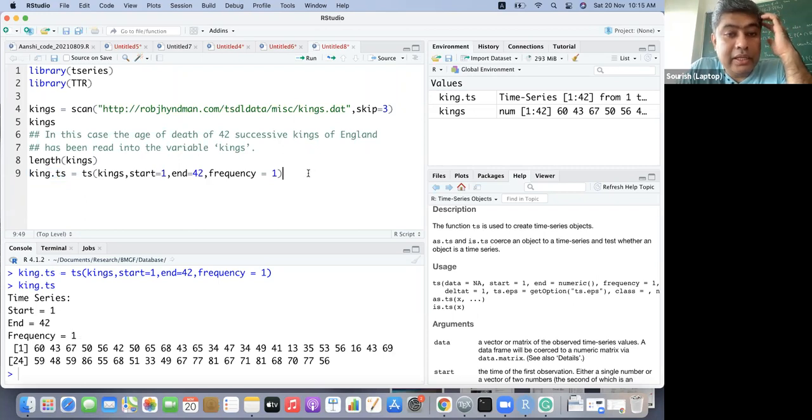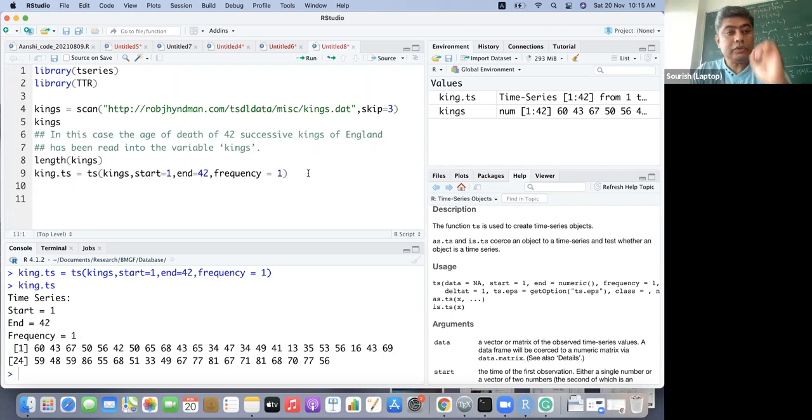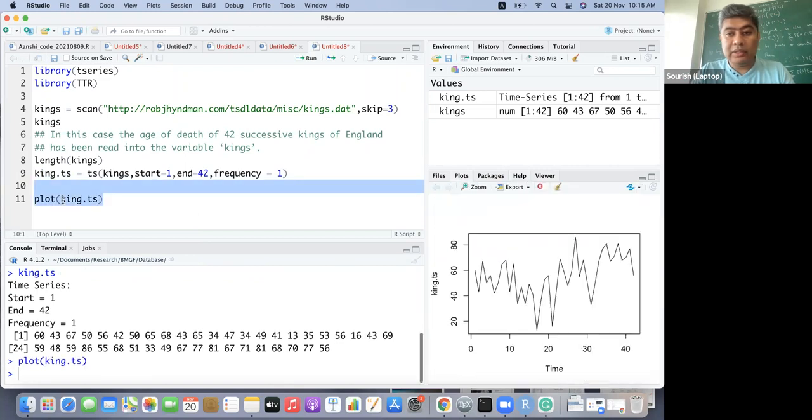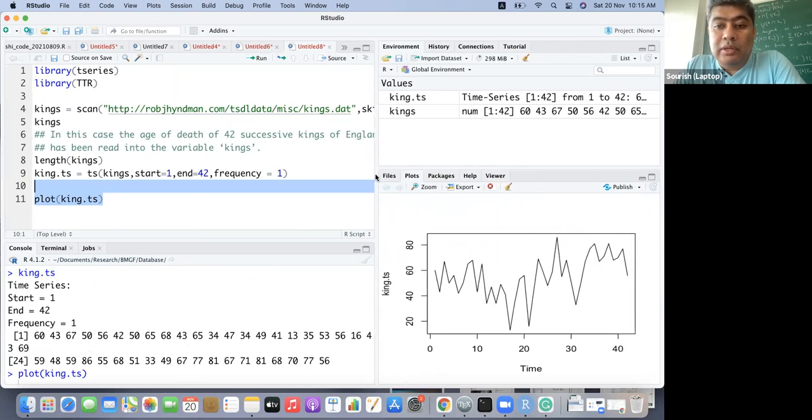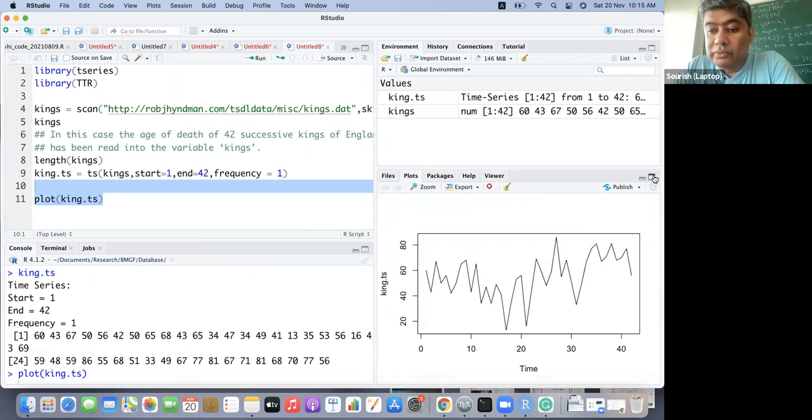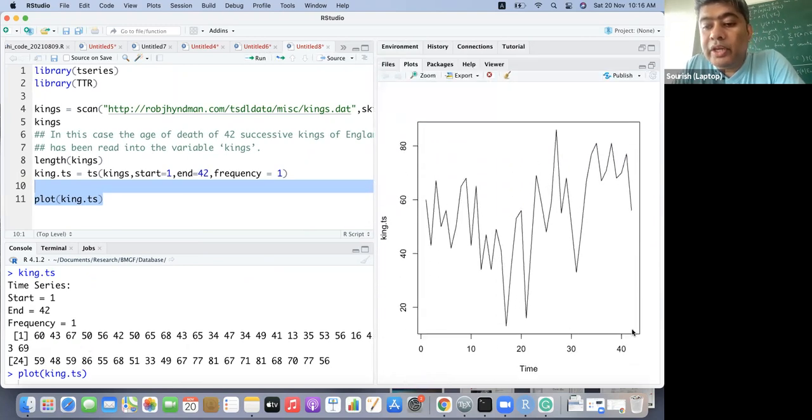Okay, and then if I plot this, king.ts, that's how it looks. Over the period of time, the 42 kings, at the time they died, what was their age?